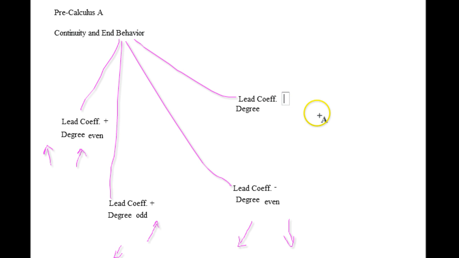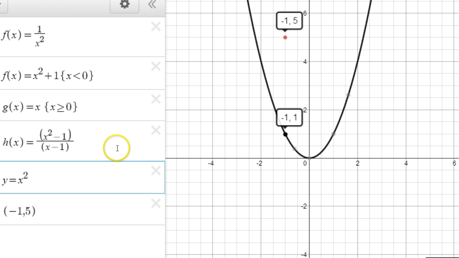And if my lead coefficient is negative and my degree is odd, it's going to be going up to positive infinity on the left and down to negative infinity on the right. Alright, so if we take a look at a graph of this